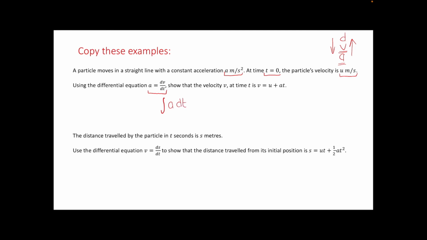Now I didn't mention earlier on in the last slide, time is always a factor in these. So that t is always going to appear in your dv by dt. t is always going to be there because you differentiate or integrate with respect to t. So if I am integrating a with respect to t, that means I need to look for my t to